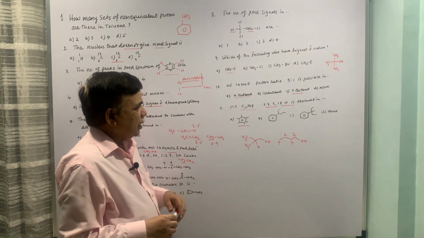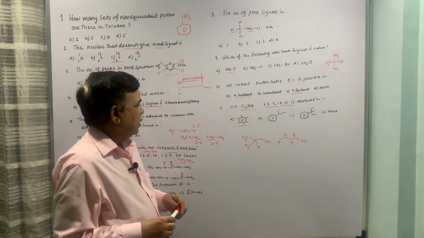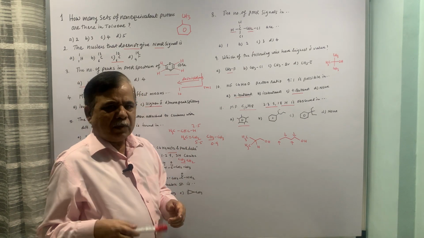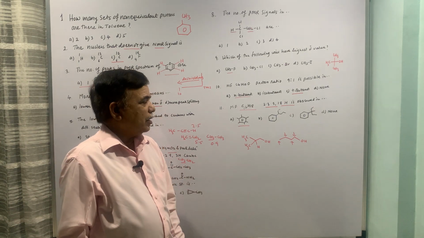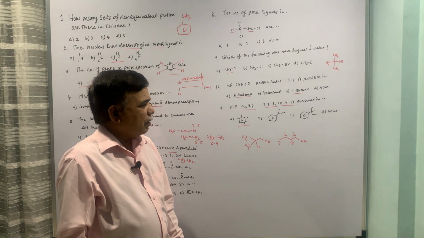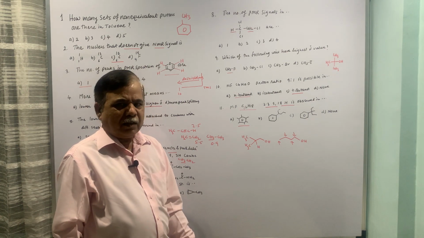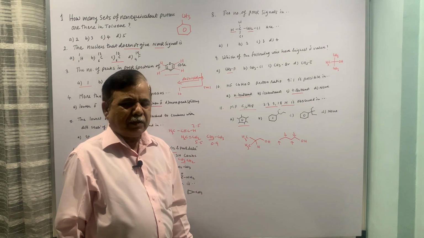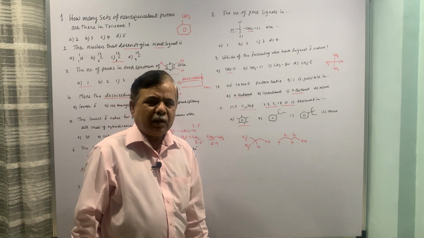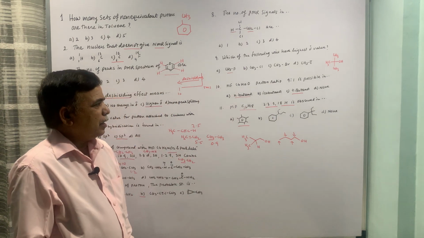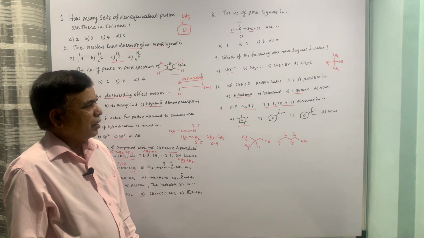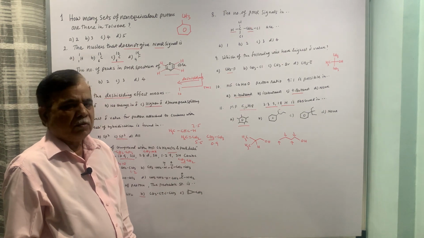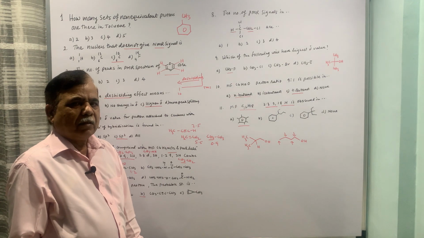These are all the 11 questions we have today. Next time I will come up with some other multiple choice questions from the other sections. UV and IR we have already done, NMR also we have done. I will try to put some MCQs from carbanions and the other parts of the syllabus, so that it will be handy for you in the preparation for the forthcoming exam.